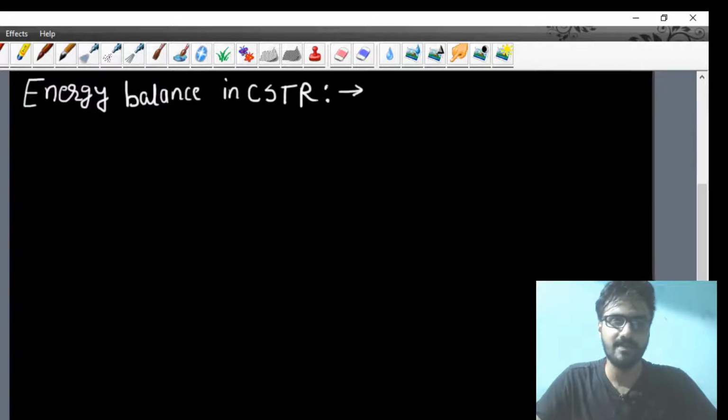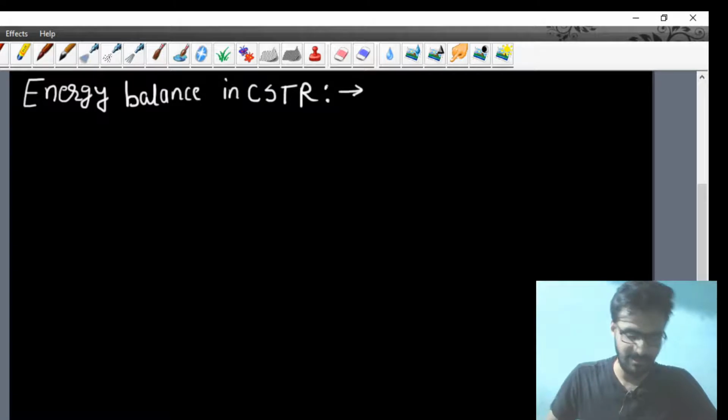When it comes to the non-isothermal reactor, we balance the energy to calculate the outlet temperature, or the temperature of the reaction mixture after a particular time, or how much energy is required for a particular chemical reaction taking place in the continuous stirred tank reactor or plug flow reactor. But here I am going to discuss the continuous stirred tank reactor in this lecture only. In the next lecture, I will be discussing the plug flow reactor. So try to understand the concept.